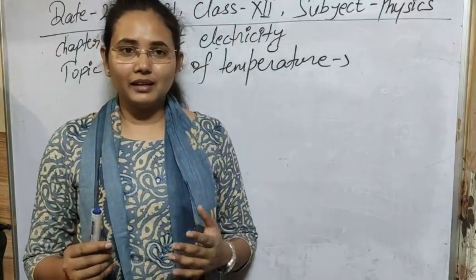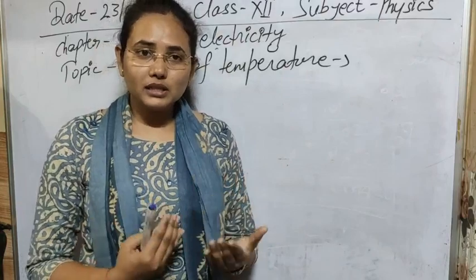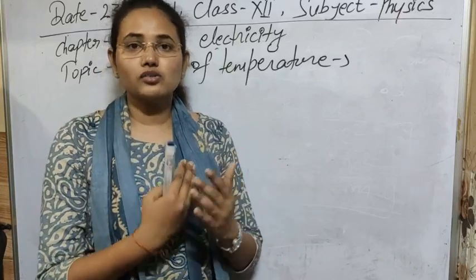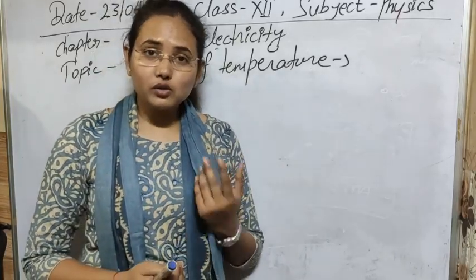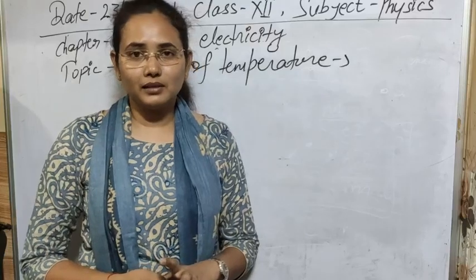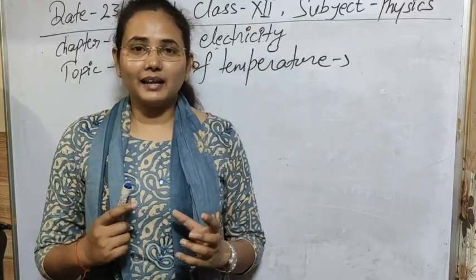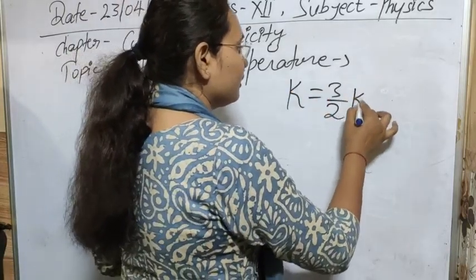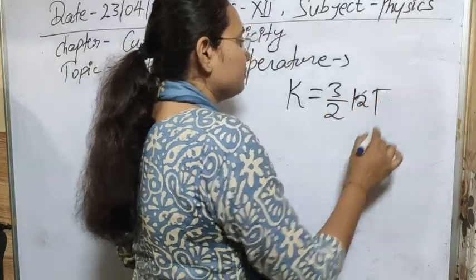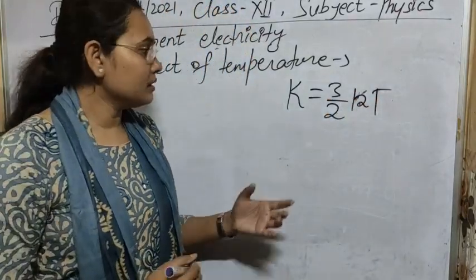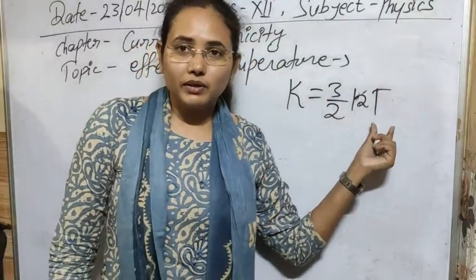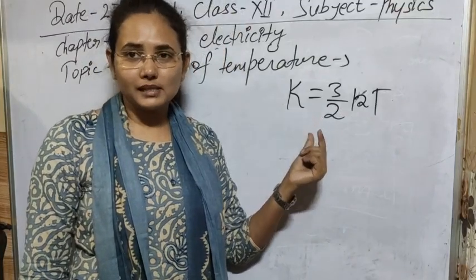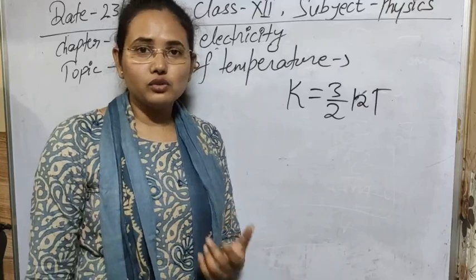If a large amount of charge is generated and our conductor's physical conditions like length and area are not changing, then those electrons, due to thermal energy, will not only overcome the electrostatic attraction force of the nucleus, they will also gain some kinetic energy. According to the kinetic theory of gases, we can write K is equal to 3 by 2 kT. This is the kinetic interpretation of temperature. If temperature is increasing, it will also increase the kinetic energy of gases. As electrons behave like that, they will also gain kinetic energy.